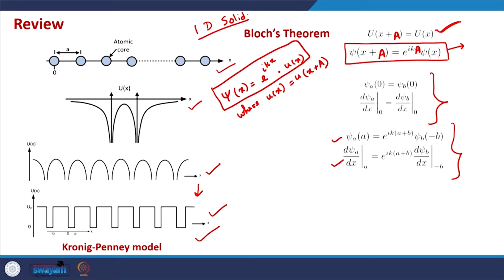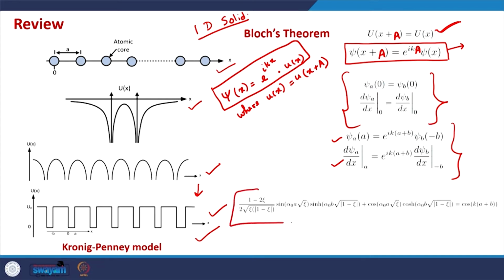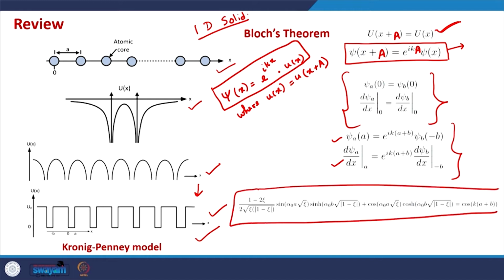After solving these 4 boundary conditions, after solving for the coefficients in the Schrodinger equation from these 4 boundary conditions, we finally came up with this constraint or this equation. The solution of this equation will give us the values of energy corresponding to a k value. So, on the left hand side we have a function where the parameter is